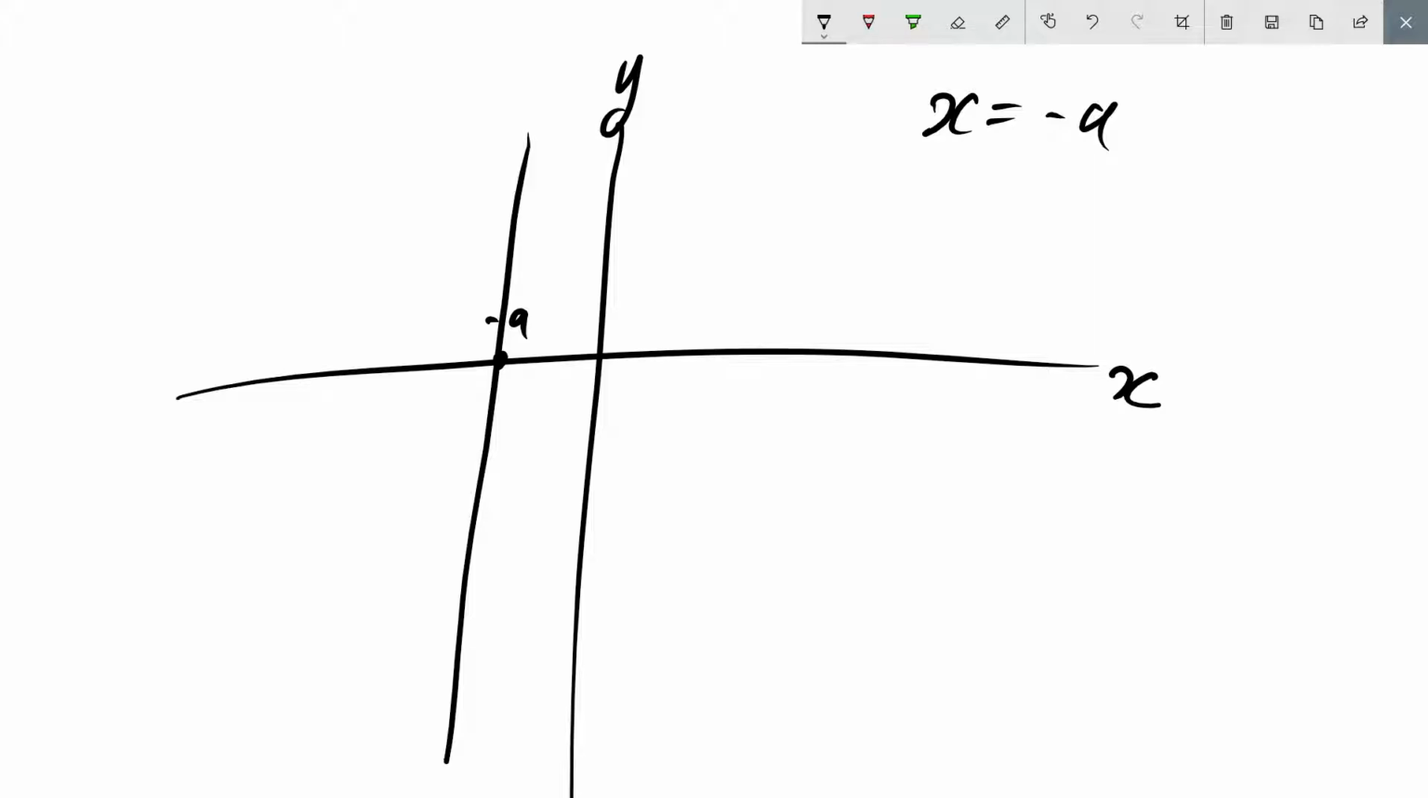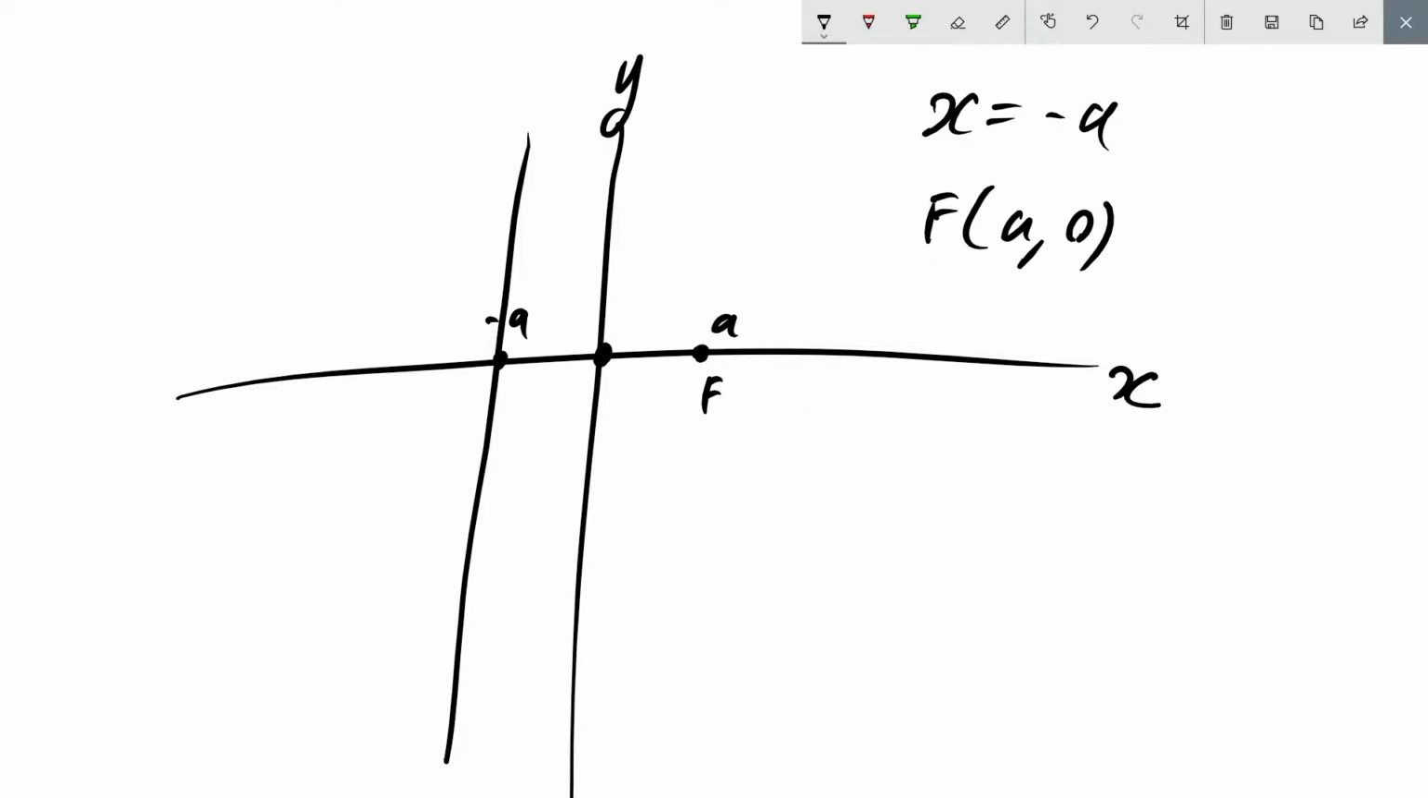Now it's saying that from the focus, a comma 0, so where's a? Let's say a is here. There's our focus. So if that's our focus, it's saying that the distance between the two have to be equal. So if this is a units and that's a units away from the origin, this would be a point here,